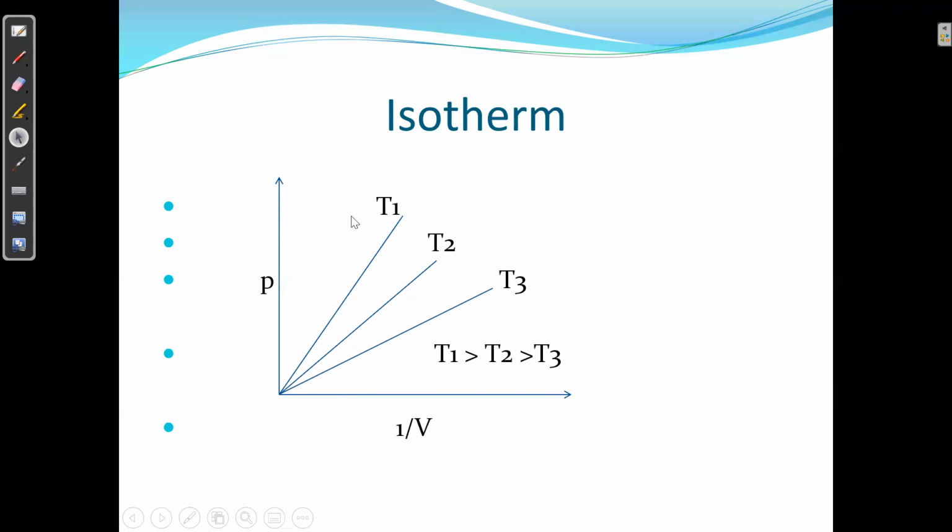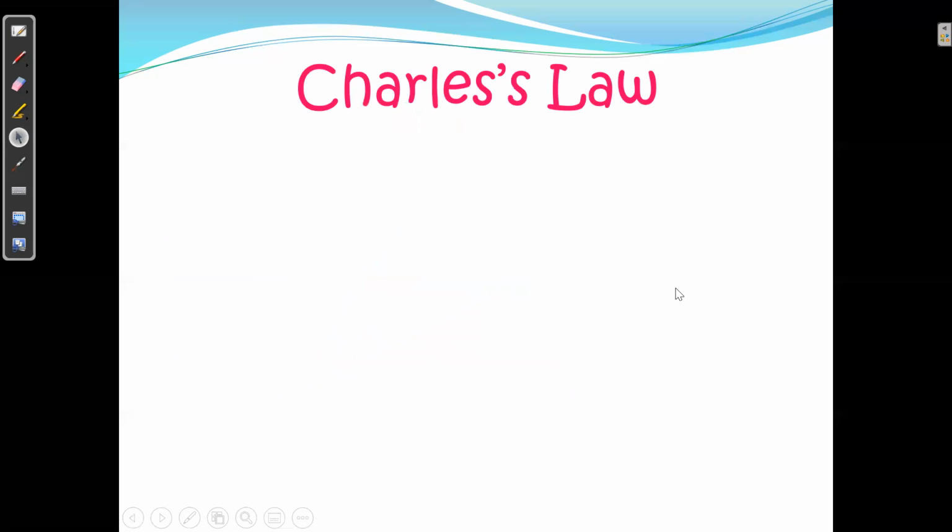And as temperature decreases, pressure decreases and volume also decreases, which we'll study in Charles's law and Gay-Lussac's law. So this is a graph you have to know about. Suppose in the exam the graph is given and it asks which temperature will be higher, which temperature will be lower. You can see that T1 is greater than T2, than T3. And then you can also discuss the relationship of P and V with temperature.